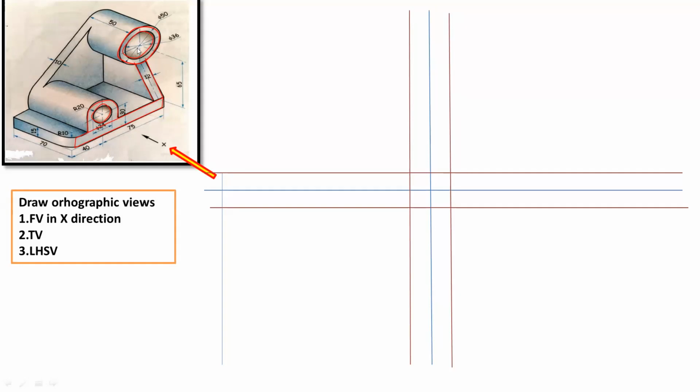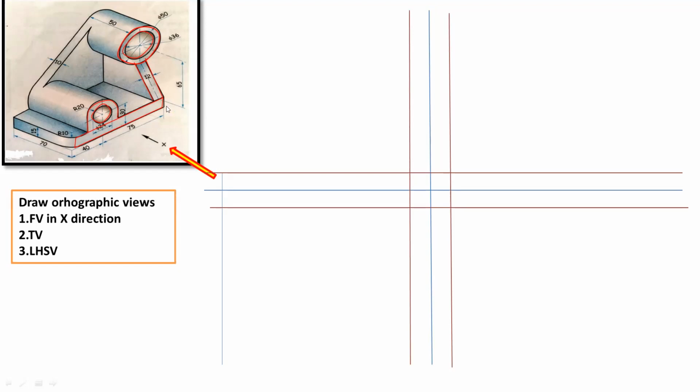And after this line, we have half portion of this cylinder. Okay. So for this half portion, the radius is equal to 25 mm. So we will add 40 plus 75 minus 6. Minus 6 means what? This width is 12 mm. So subtract 6, so we will get the distance up to this center line. And then add this radius, that is equal to 25. So 40 plus 75 minus 6 plus 25. So this is the maximum width for the rectangle.